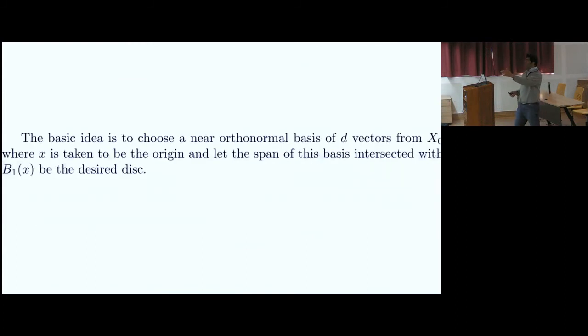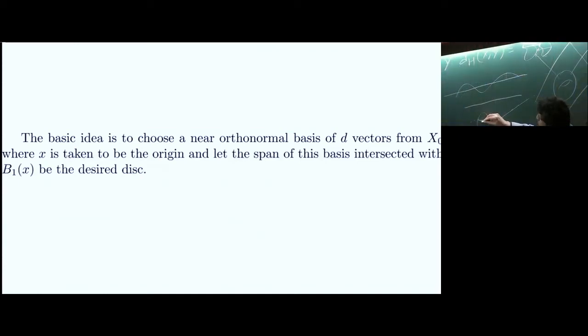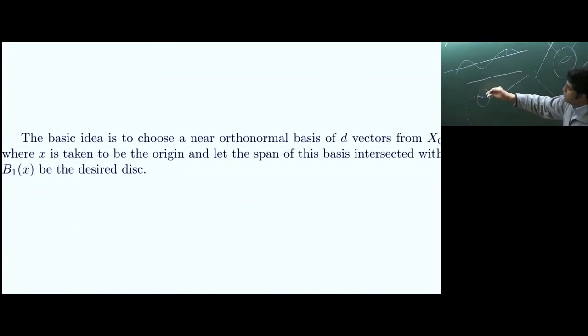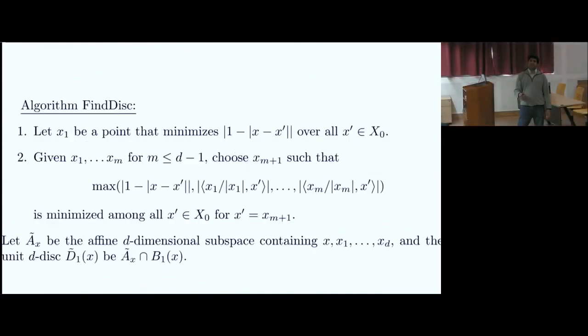And what is the idea to pick a disk that is good locally? The basic idea is you pick a d-dimensional basis from the intersection of the point set with a ball. And you take the linear span of that basis, and you intersect that linear span with the ball. So you get a d-dimensional subspace that is an approximation of the tangent space of the manifold. And you take that. And one can show that this does reasonably well in a worst case sense. This is just the algorithm. It's basically just pick faraway points that are all almost orthogonal to each other, take their linear span, and then